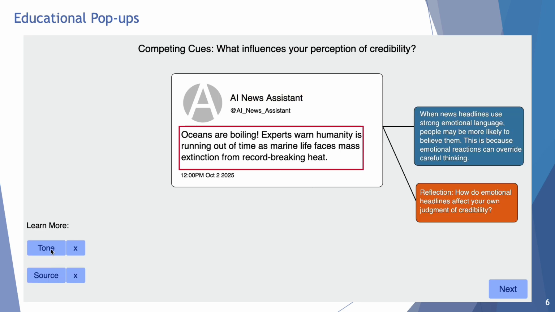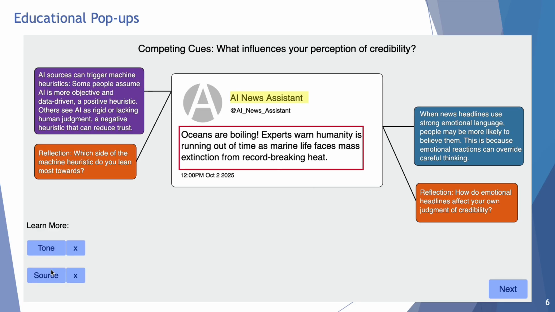Users can also view how tone can be influencing them by clicking the tone button. This outlines the post's content in red, and pop-ups appear on the side, which in this case speak on how emotional language can influence judgment. It's important to know that this program only shows one form of emotional language. Future works can include additional forms that are more appropriate to use when delivering news on global conflicts.